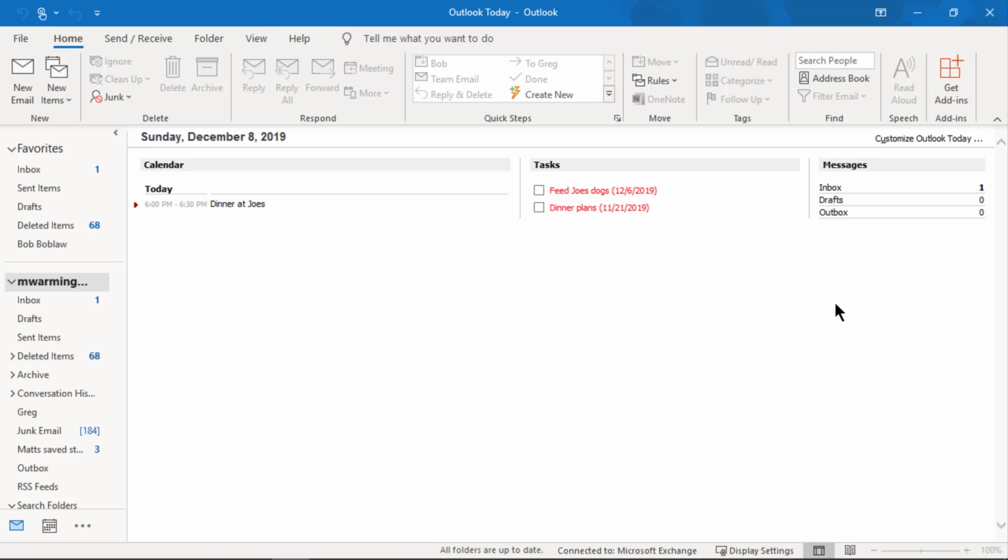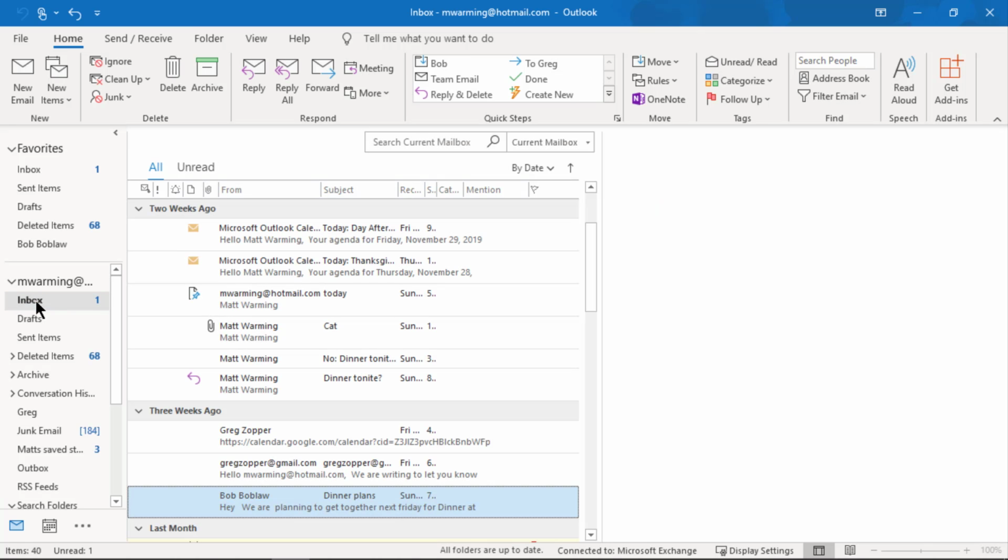You can see over here on the far right hand side, I just have the one message in my inbox. I have two tasks that are in red because they are overdue, and you can see on my calendar I have one appointment at 6 o'clock. So this function, Outlook Today, can be accessed by clicking on your actual email. And then as we go into your email account, your inbox,